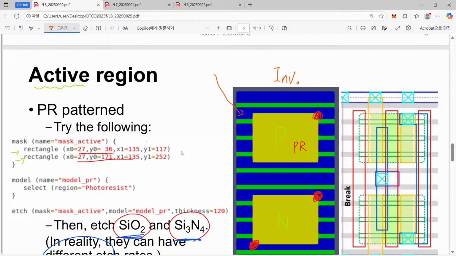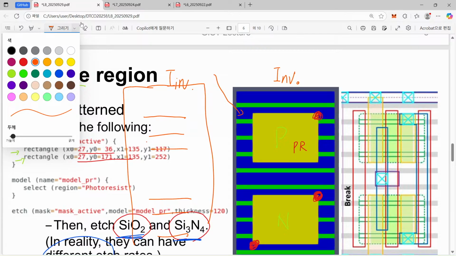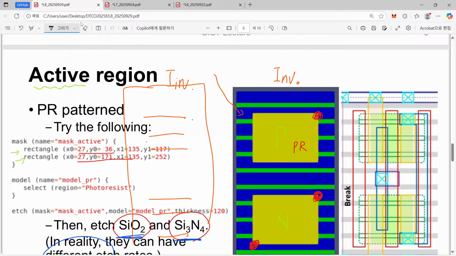And let's say that there is another inverter, the place for the neighboring inverter. And how can we implement this neighboring inverter? Also using these 3 fins for this P-pad and these 3 fins for our N-pad. And if we do not remove them, then actually they are physically connected.